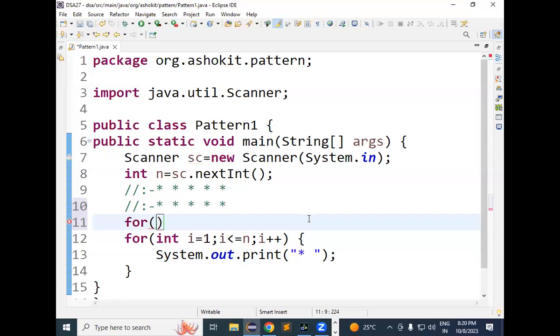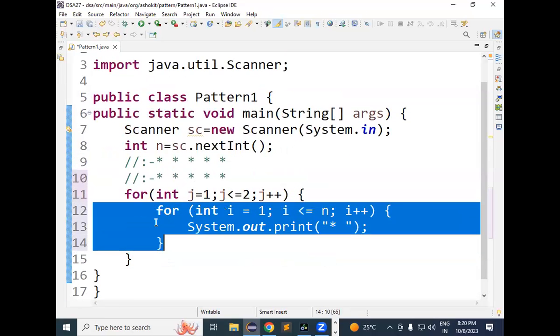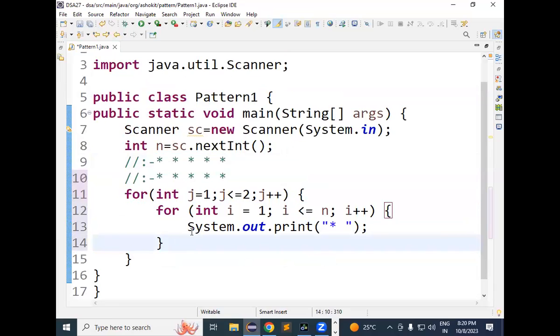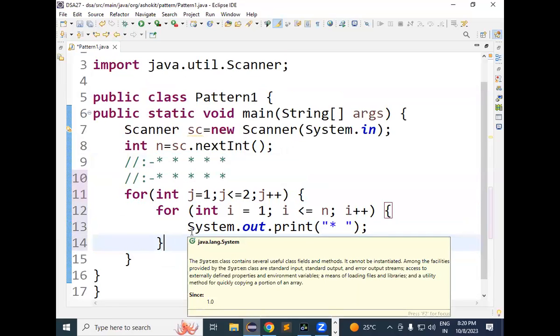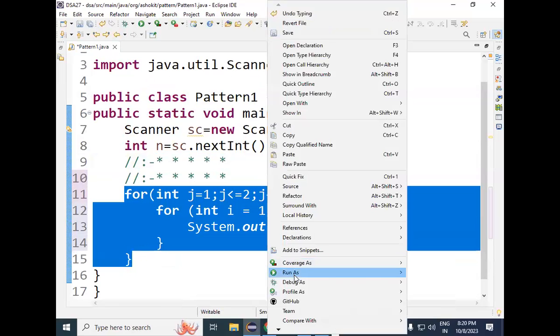So we went for this and we have written the outer loop. J++. But if you notice, this particular piece of code was printing the first row, right? But after that, are we going to the new line? As of now, are we going to the new line? No, right? So if you're not going to the new line, and let's say we execute this particular piece of code,